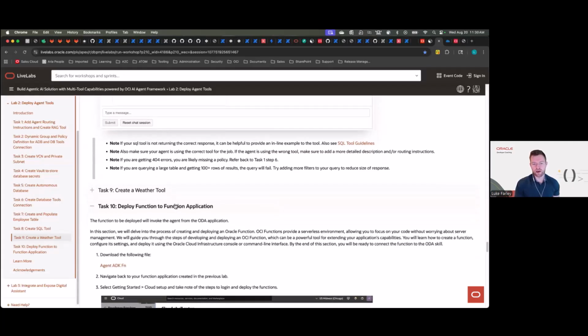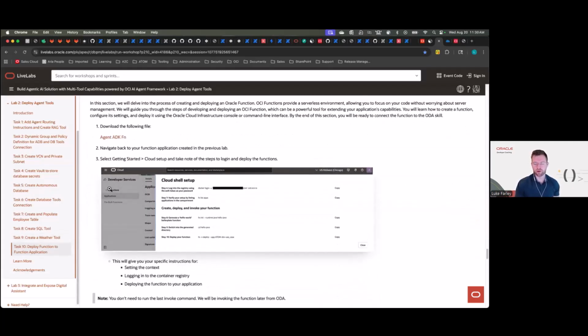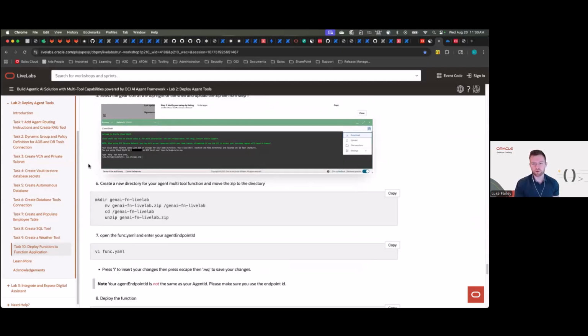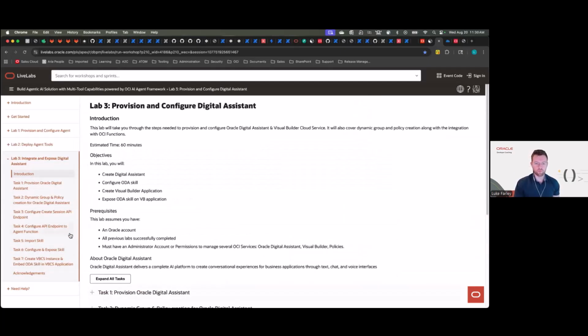And then this final task of lab 2 is how you can deploy your agent development kit. The agent development kit is again what is deployed remotely on your function that can decide and define your custom tools. So your document understanding, your weather tool, and any other custom tool that you'd like to develop. Once your tools are deployed, you can start to configure your digital assistant. And with that, I'm going to hand it back over to Thomas, and he's going to give a guided tour